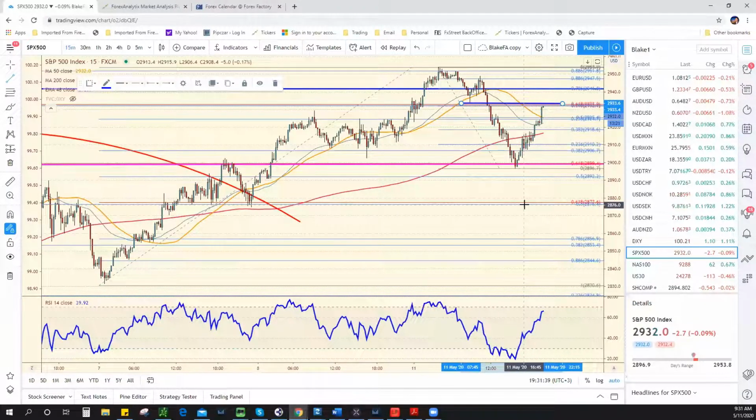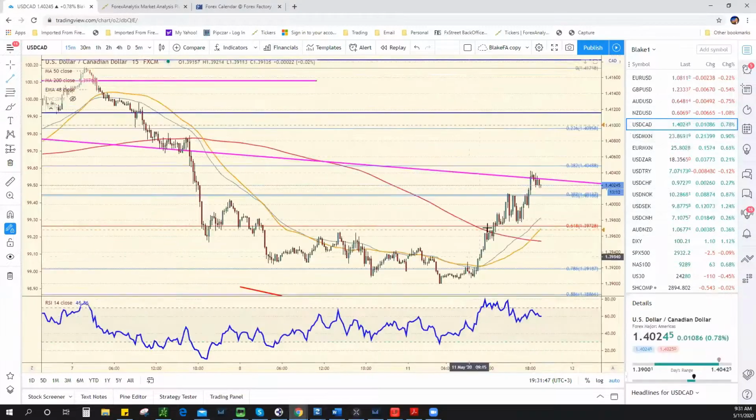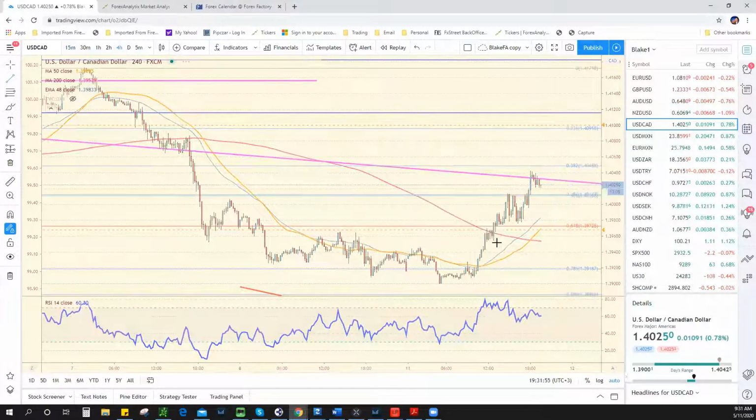But what it's done, it's taken some of this downside pressure that we've seen on the Canadian dollar. We've seen a really big reversal in the Canadian dollar today. Some of that downside pressure has come off, but I'm gonna tell you guys, from the dollar Canadian,